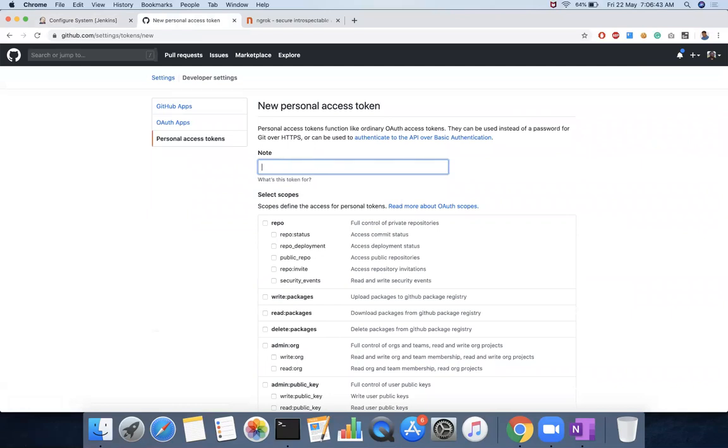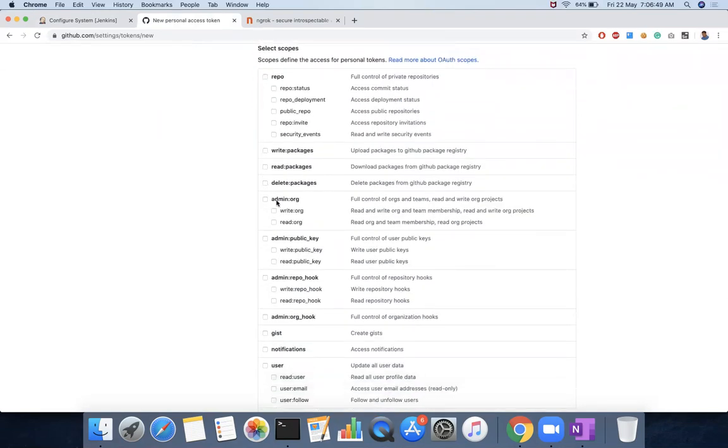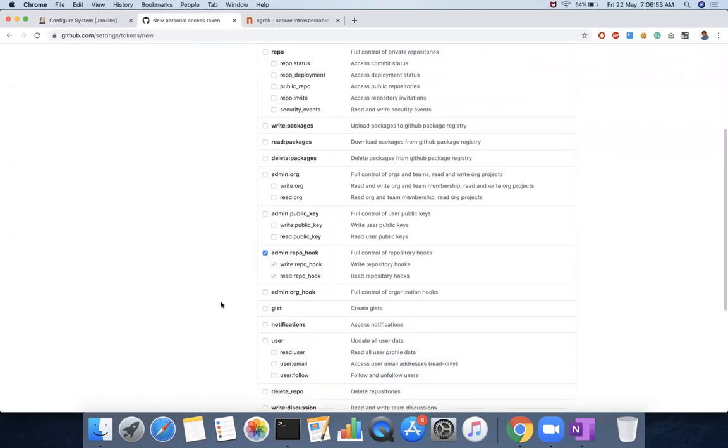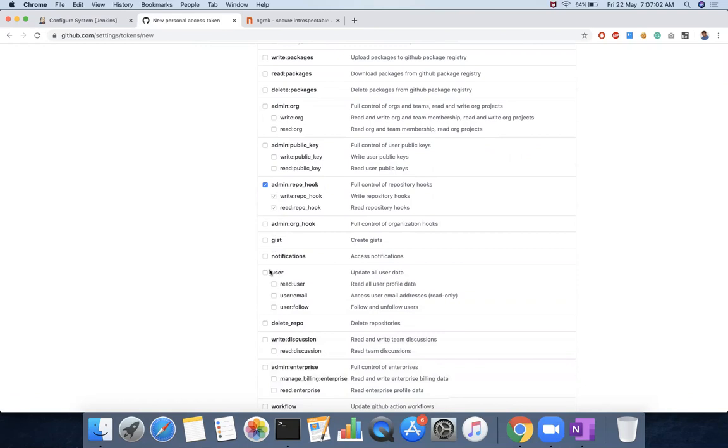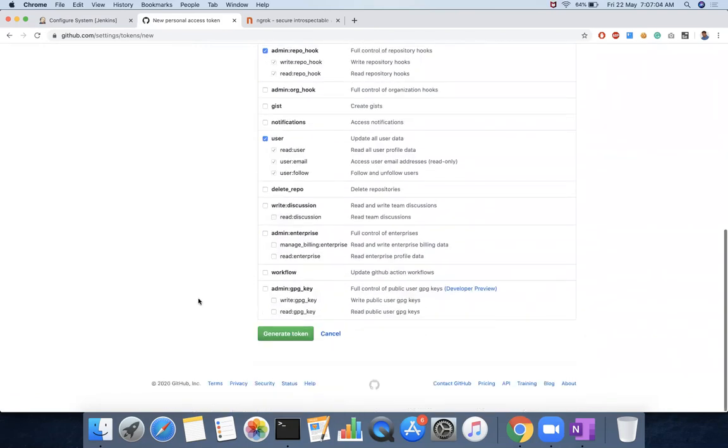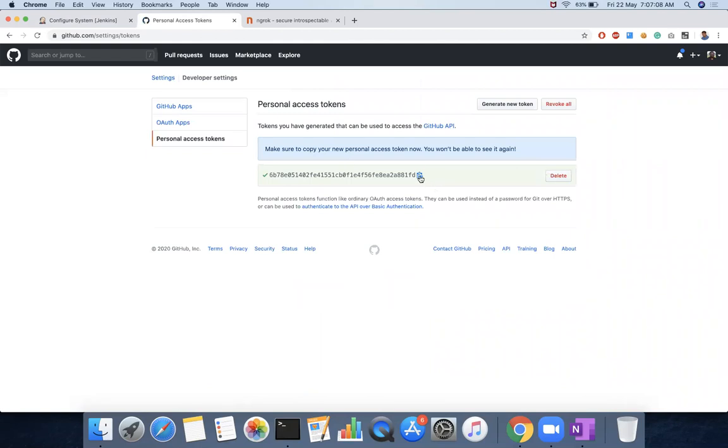You can give any name, let's say Jenkins webhook. The scope that you have to give is admin:repo_hook. That is where the permissions to fetch the information from GitHub come in. The expiration is optional. Then generate the token, and copy the token that we have.